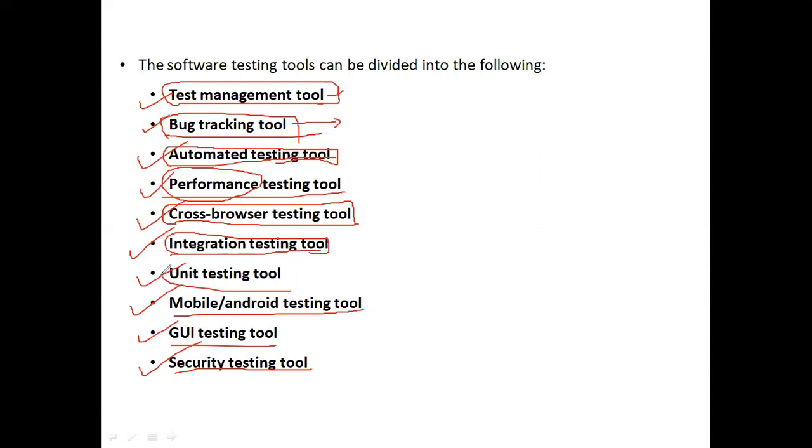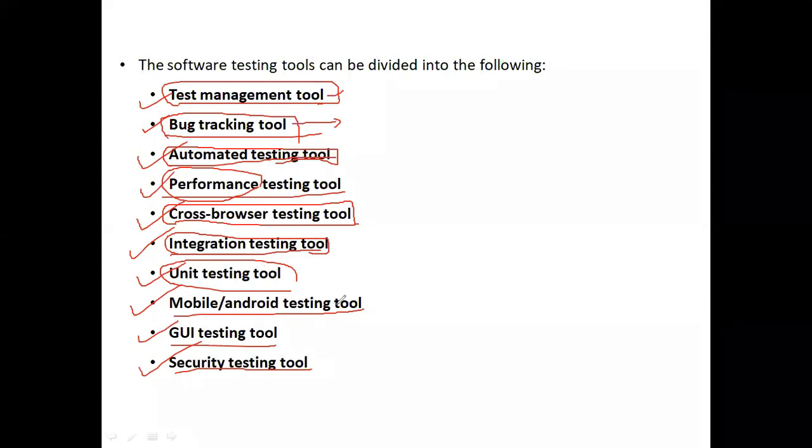So next, the unit testing tool. Unit testing is nothing but this testing tool is used to help the programmers to improve their code. That means here you are taking a small unit in the program software, and you are going to perform the testing on it. Because of this, we are going to improve the quality of your module.